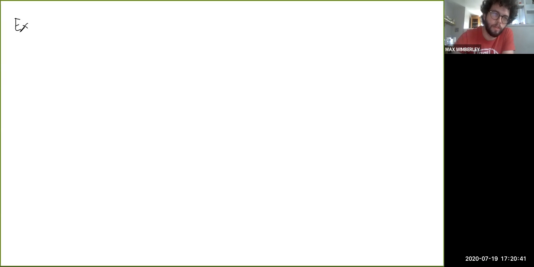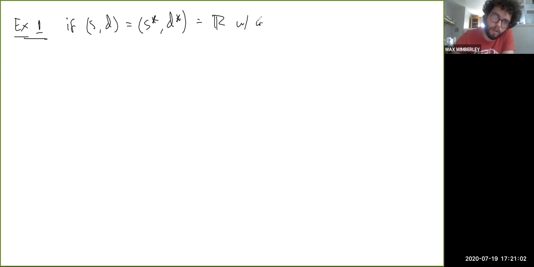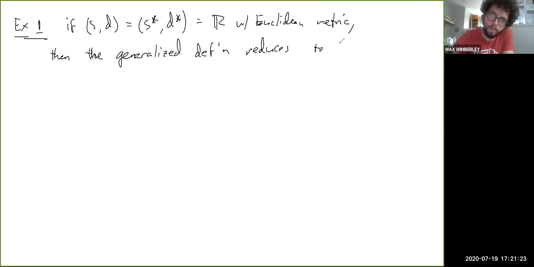The first example is, of course, if (S, d) and (S star, d star) is R with the Euclidean metric, then the generalized definition reduces to the old definition. Okay, so our original definition of continuity,